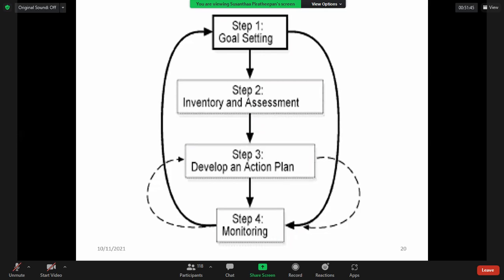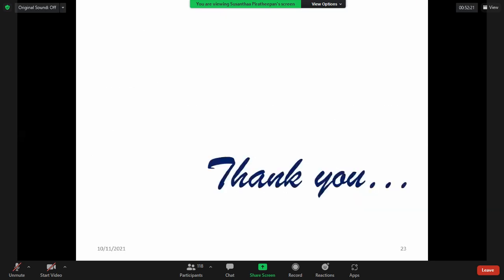In the fourth step, we are monitoring with the records, and if we have any problems or risks, we make minor corrections to our action plan. Then we implement those action plans. Usually the action plan should fit with our goals. These are the major 4 steps in the whole farm planning. If you have any doubt or need any clarification, you can ask.